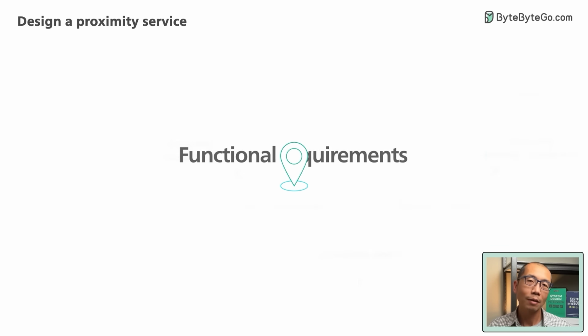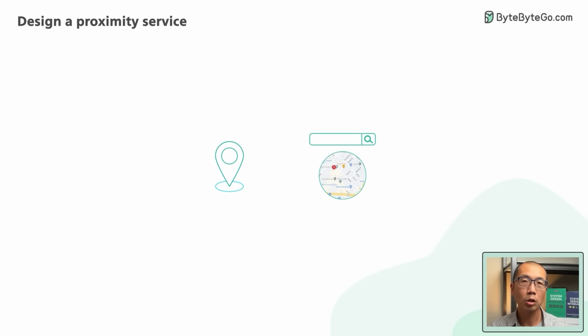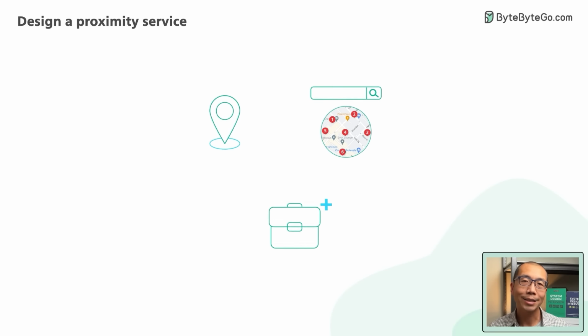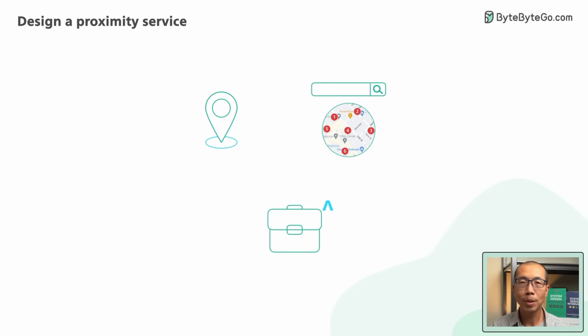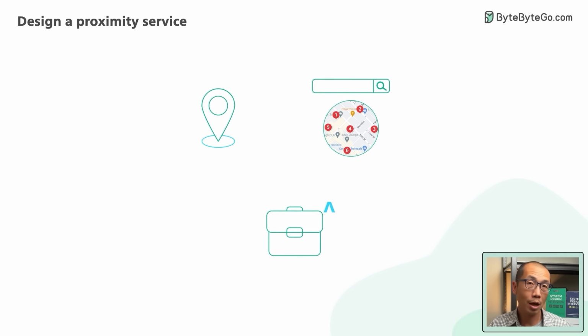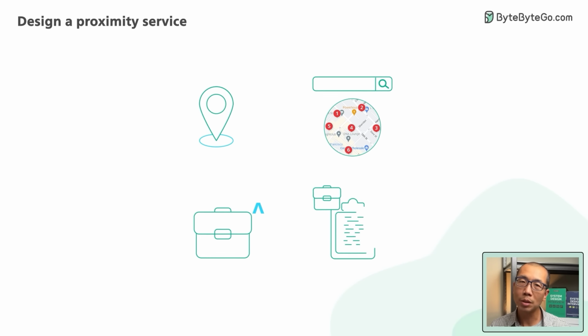1. Given a user's location and a search radius as inputs, return all businesses within the search radius. 2. Business owners can add, delete, or update a business. These changes don't need to appear in real time. It is okay for the changes to appear the next day. 3. Users of the app can view detailed information about a business.